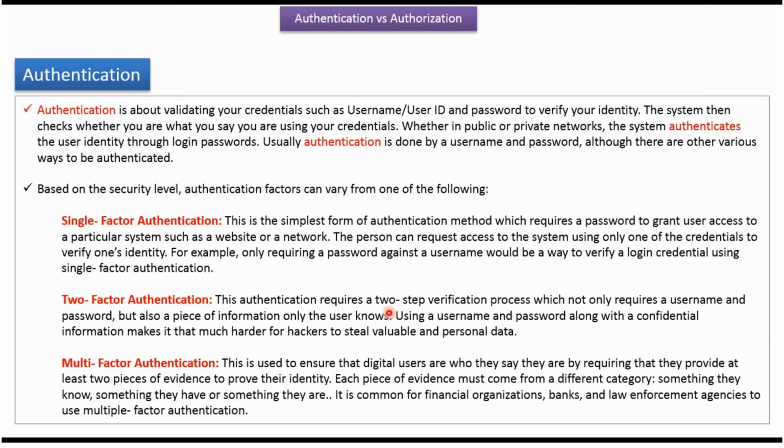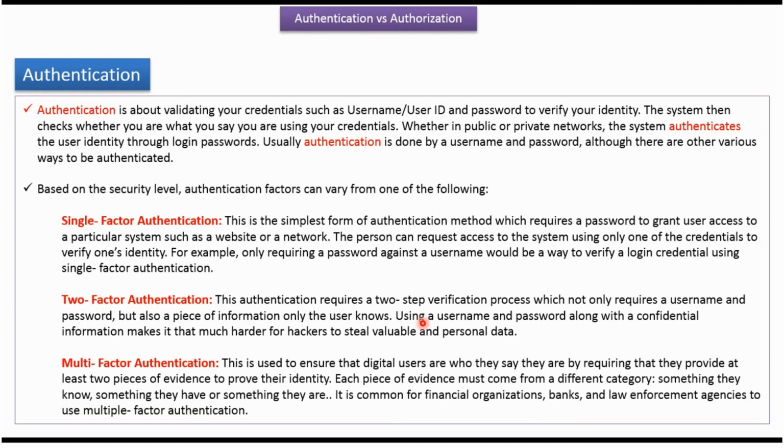For example, Google supports two-factor authentication. First, the user has to provide a username and password combination, and Google verifies whether they are valid credentials or not. If they are valid credentials, then Google sends an OTP, or one-time password, to the user's mobile phone. Then the user has to take the OTP and enter it into the Google website. And if the OTP is proper, then Google allows you to log into the system.